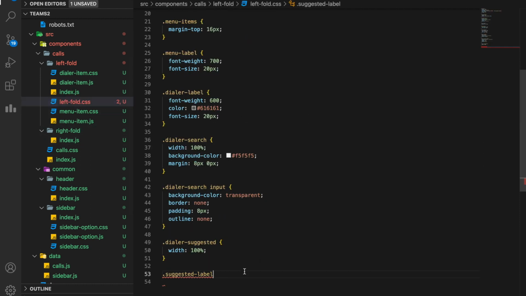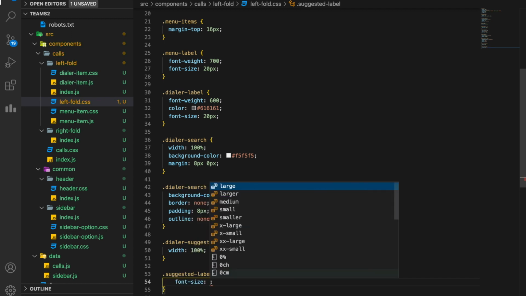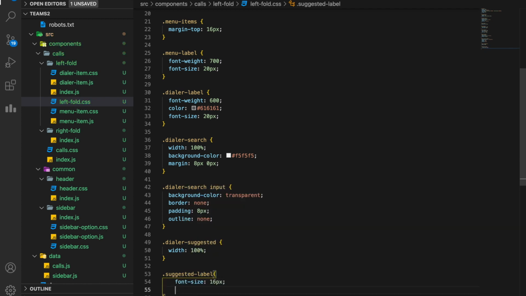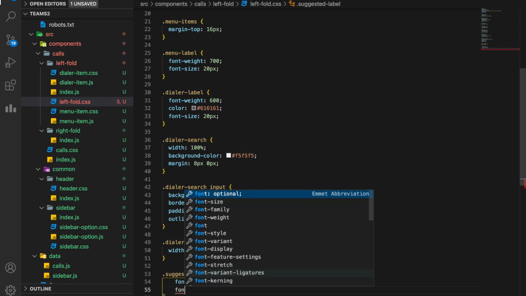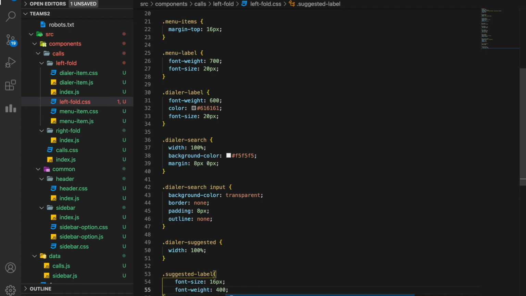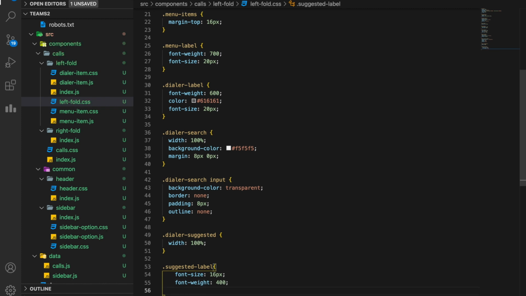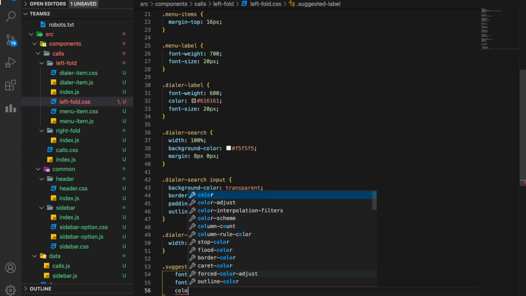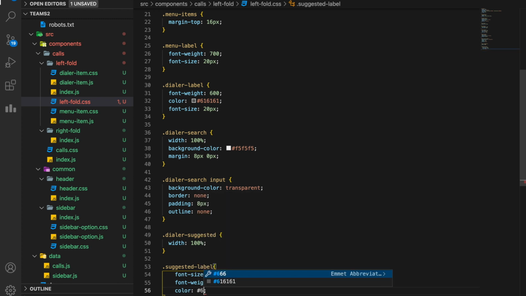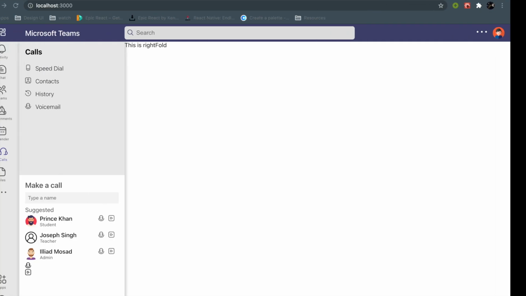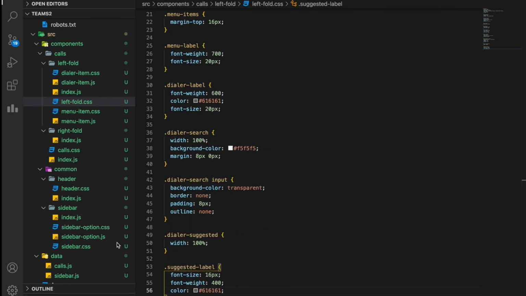The suggested label has a font size of 16 pixel. It has a font weight of 400. Font weight is again the thickness, it is just the normal font weight, and it has a color of a shade of gray, which is 616161. So as you can see, suggested is here.